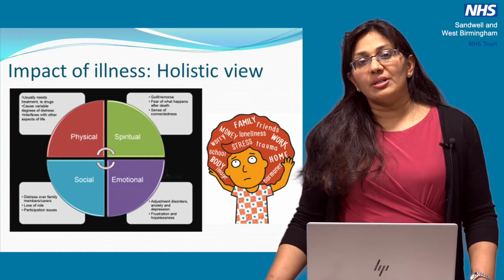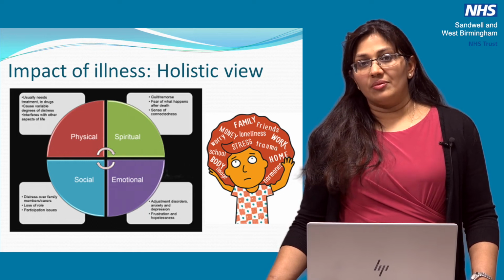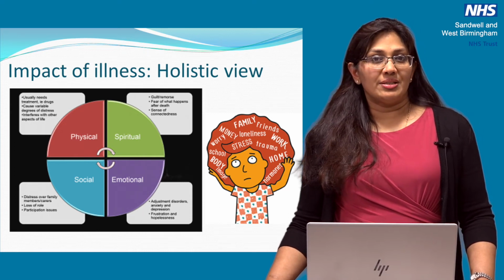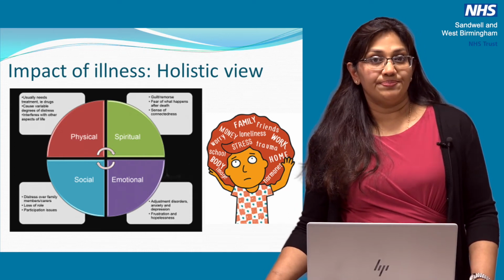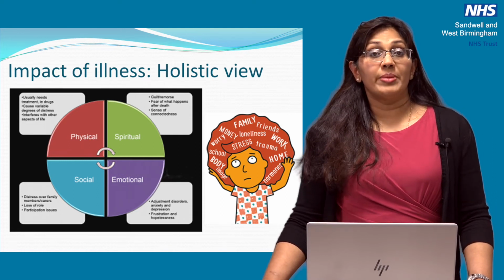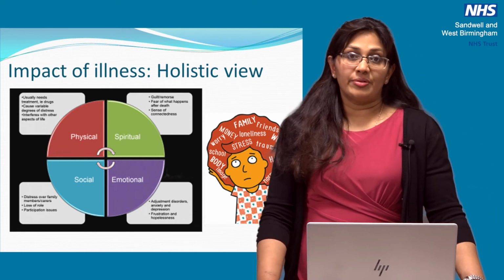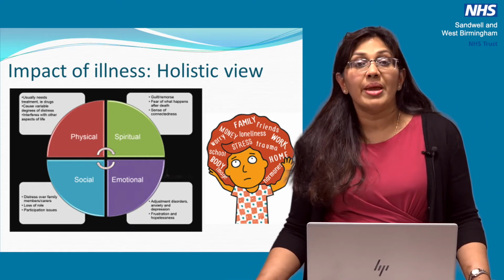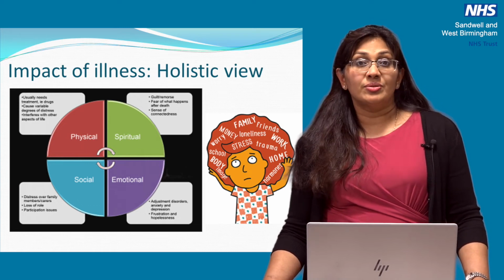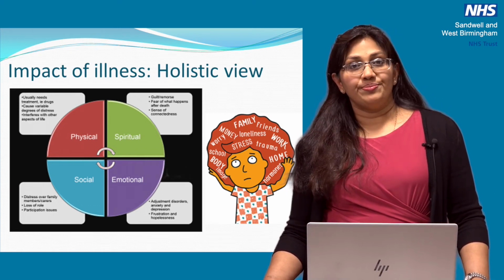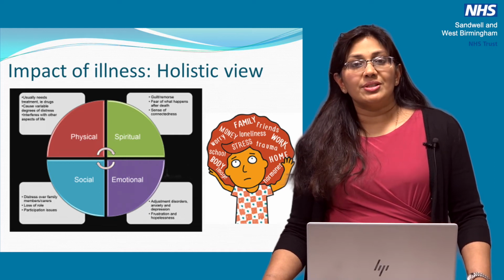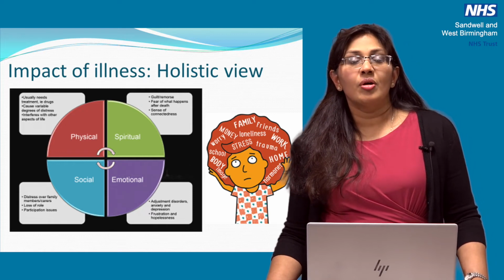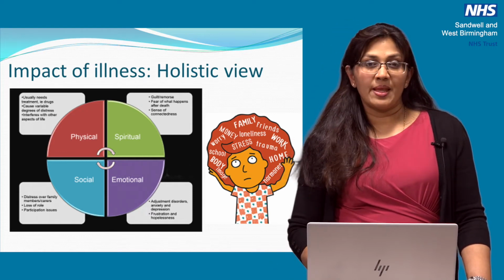So it's really important that we look into each element of those 4 domains and listen to their concerns and try and do our best to alleviate them. Sometimes the role may well be in just signposting them to the right places. For example, with social concerns, they say they haven't sorted their affairs. You recommend that they go to a solicitor to organise their will, if that would help them. So the key message is that as a palliative care professional, we have to take into consideration all those 4 domains. Returning to Kath,